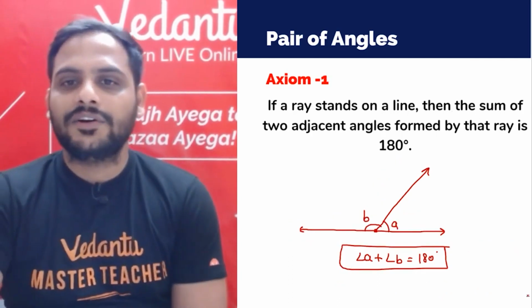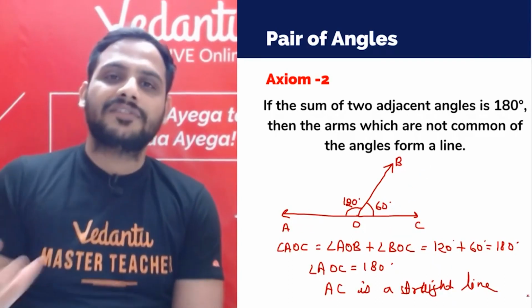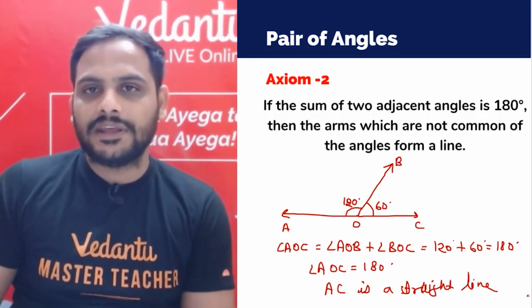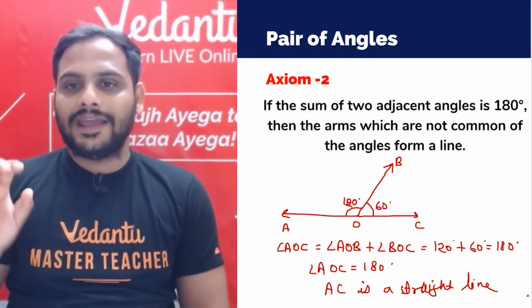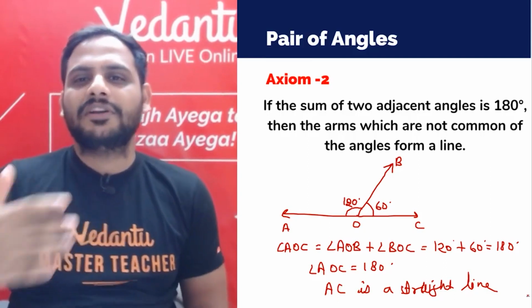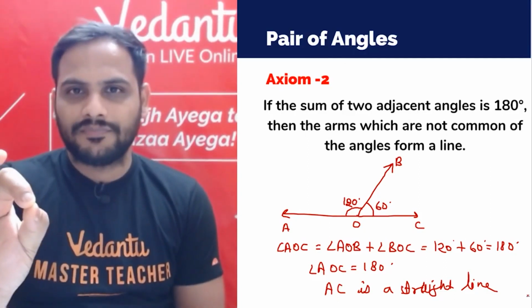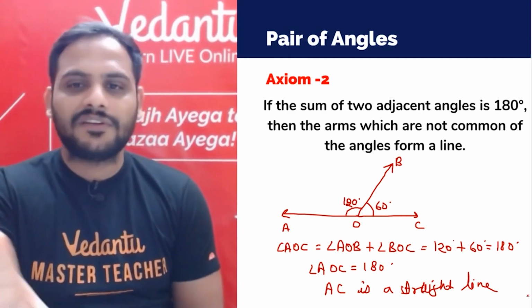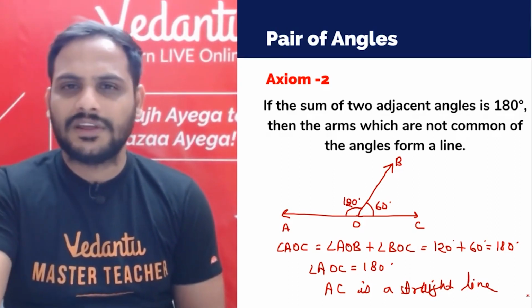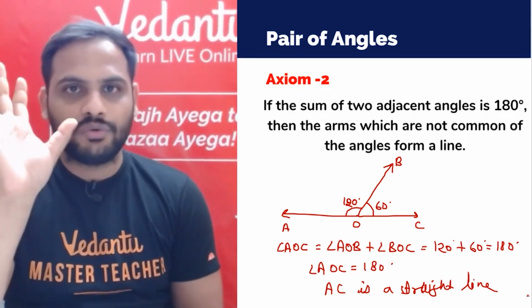So these are two axioms. Now what do I mean by axioms, guys? Remember very carefully, axiom meaning is we know they are true, but they cannot be proved, because they are very basic in nature. Okay, so there is no proof for it. You have to remember these, but these are true statements.